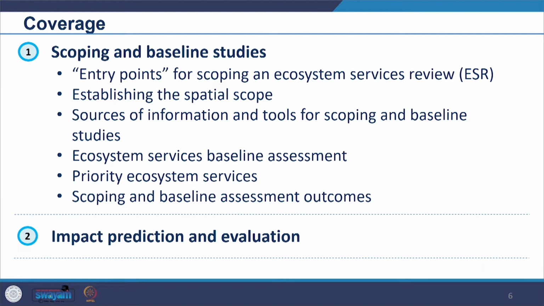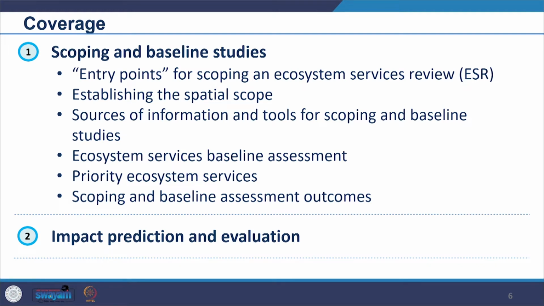Then we'll look at ecosystem services baseline assessments. How do you do that? And then how do you prioritize, identify the priority ecosystem services, and then how do you indicate the outcome of the scoping and baseline studies. Then we'll look at the impact prediction and evaluation, what kind of methods are available